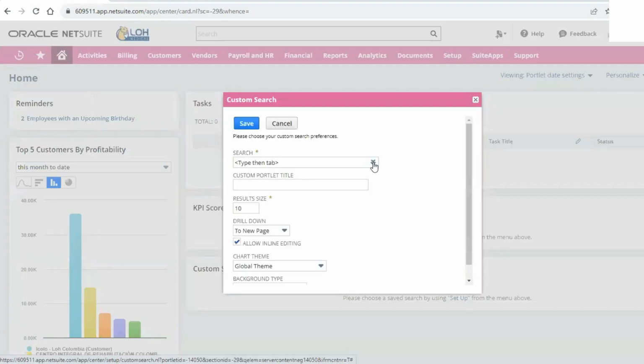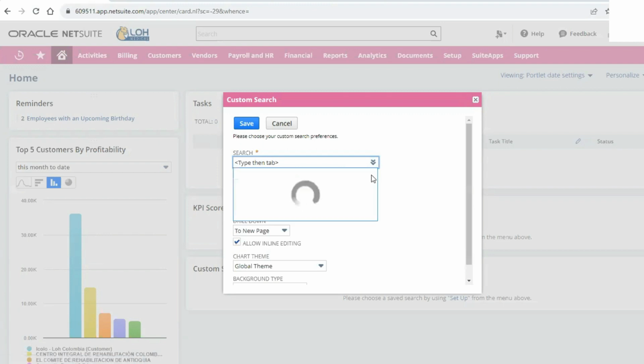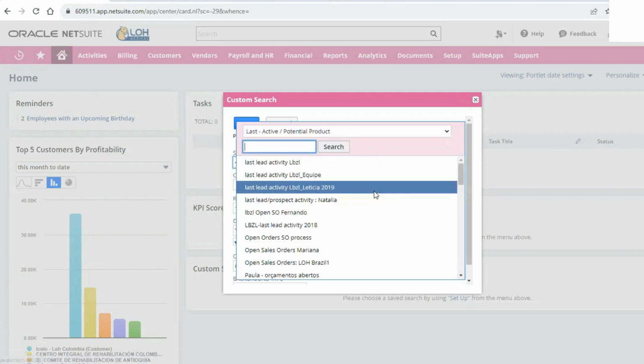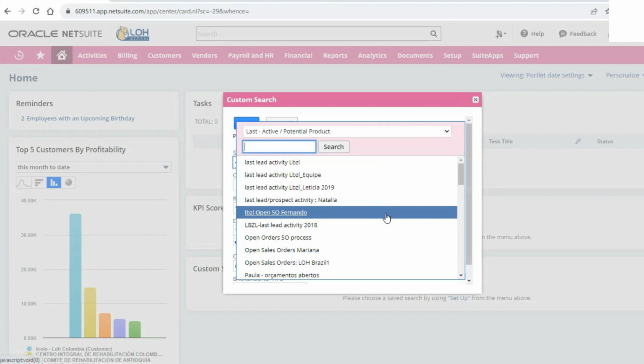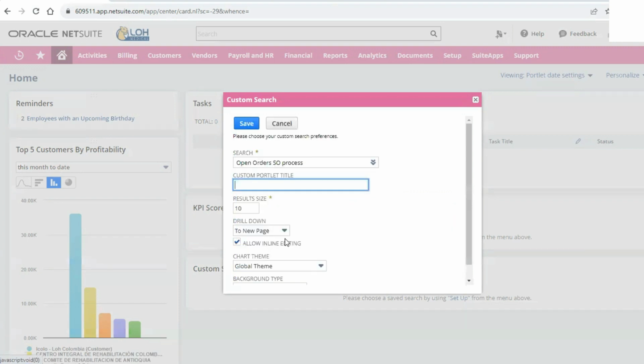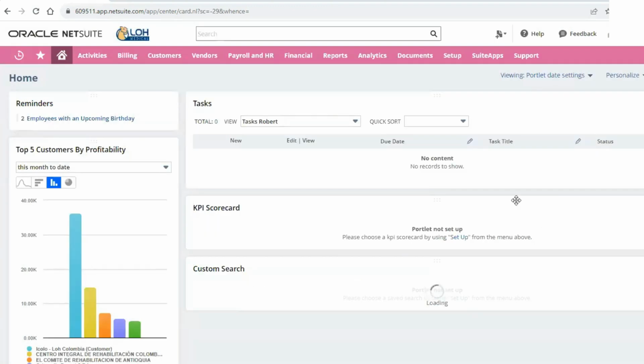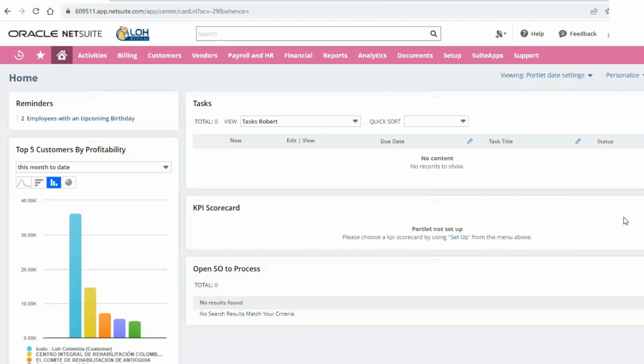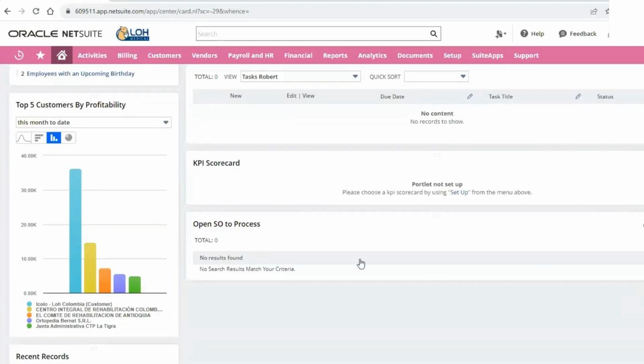You're going to look for your search. In this case, we haven't created one yet. So let's just look at open orders to process. Well, that's too bad for us that we don't have any sales orders to process.